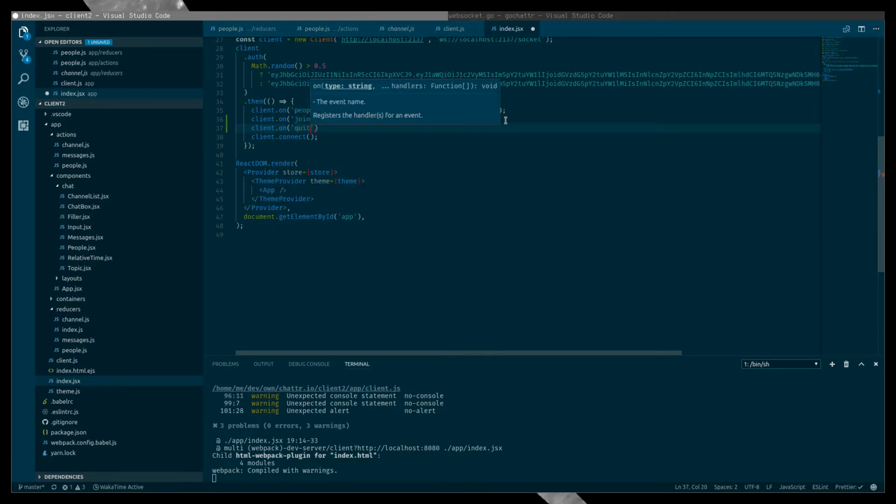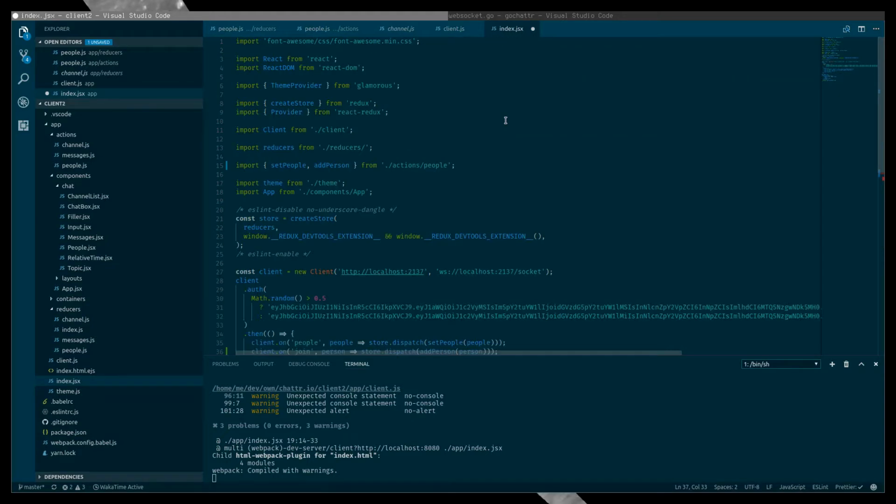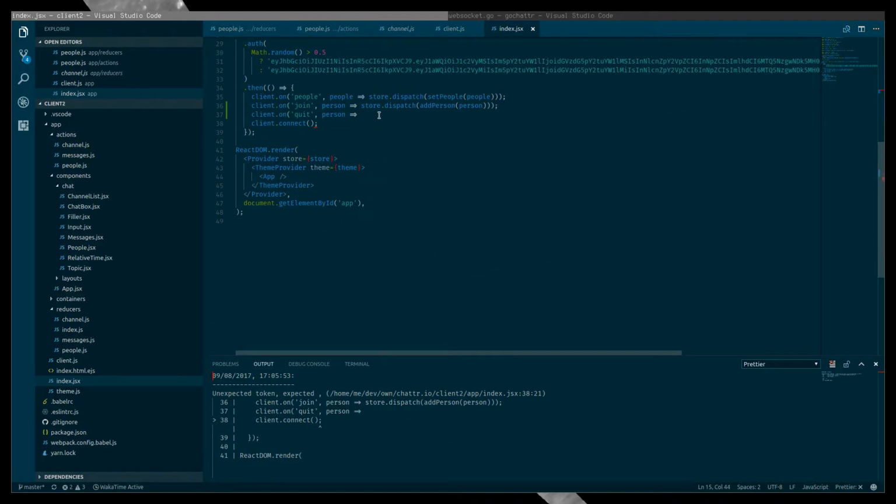Client on quit, so that needs to be a function. Person. Oh, and I need to import the action creator, remove person. Store, dispatch, remove person, and it takes the ID,